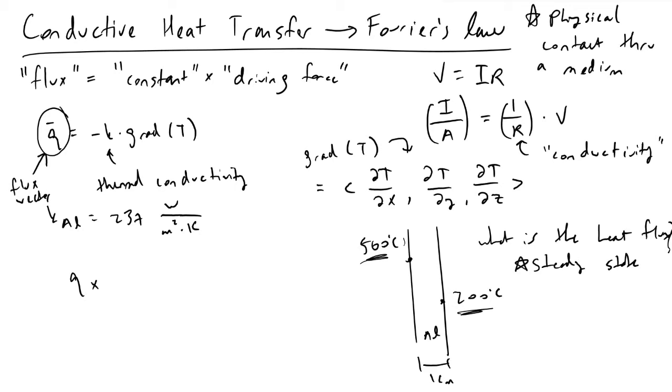changing, like if this 500 were to drop down to 300 and this 200 rose up to like 250 degrees C, well, the problem is that our temperature profile in the x direction will have just gotten less sharp. What I'm referring to as less sharp is that the slope of this line becomes less and less sharp, and therefore the driving force for your heat transfer becomes less and less. And so you have less and less heat transfer occurring through your medium, in this case the aluminum slab